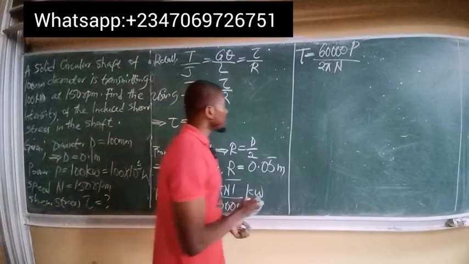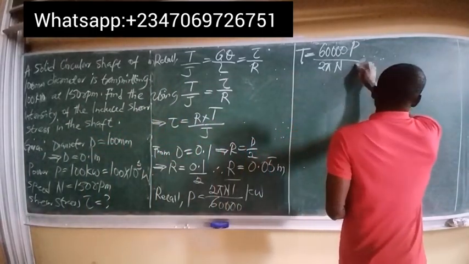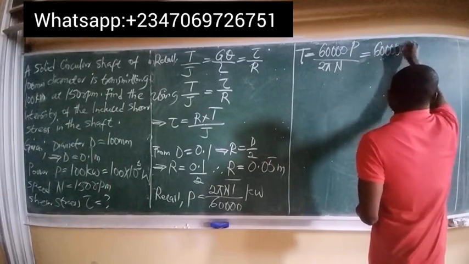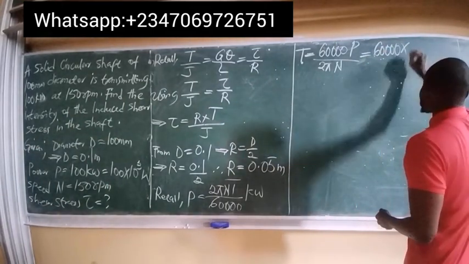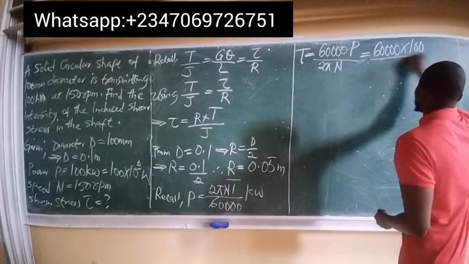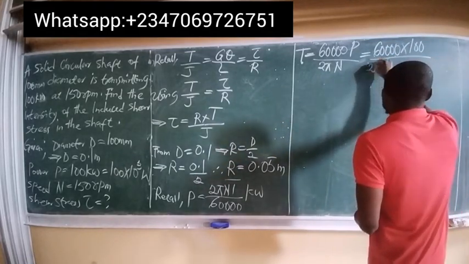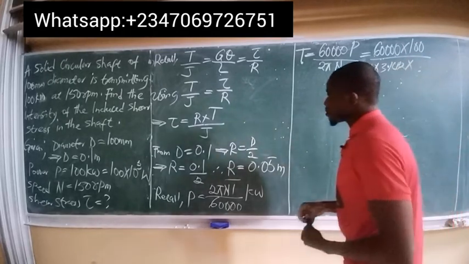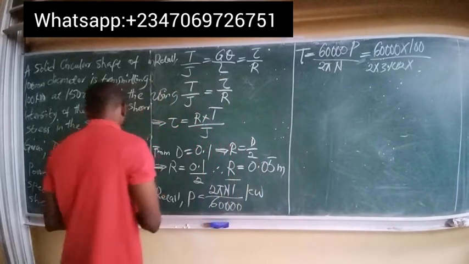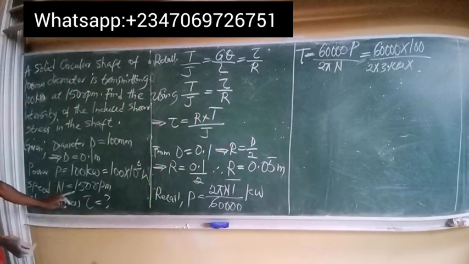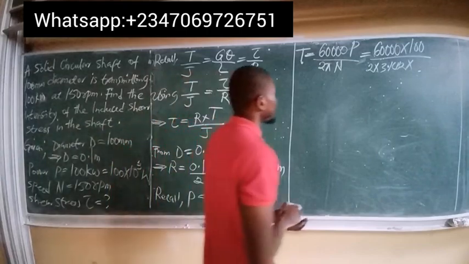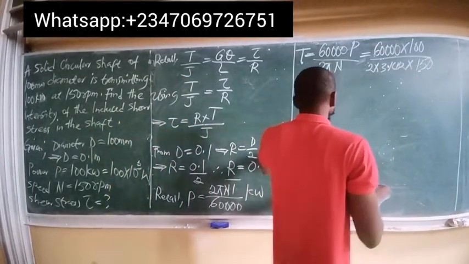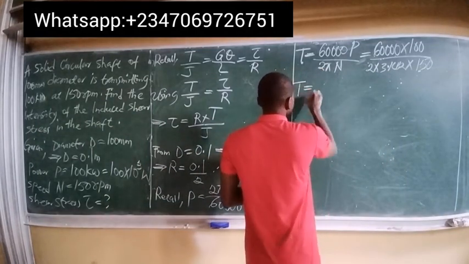Therefore, torque becomes 60,000 multiplied by power, which is 100 kilowatts, so simply 100 all over 2 by 3.142 by n. N is the speed of revolution, and the speed of revolution was given to us in the equation as 150 rpm. So simply multiply by 150. So torque T is now equal to